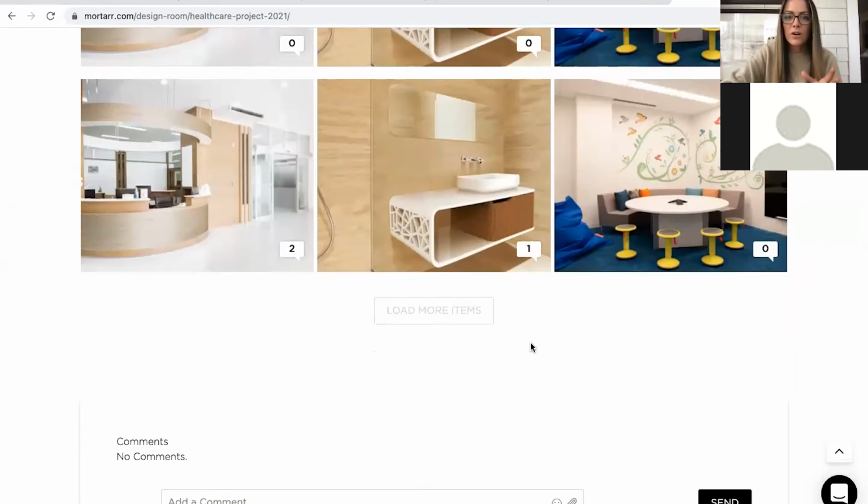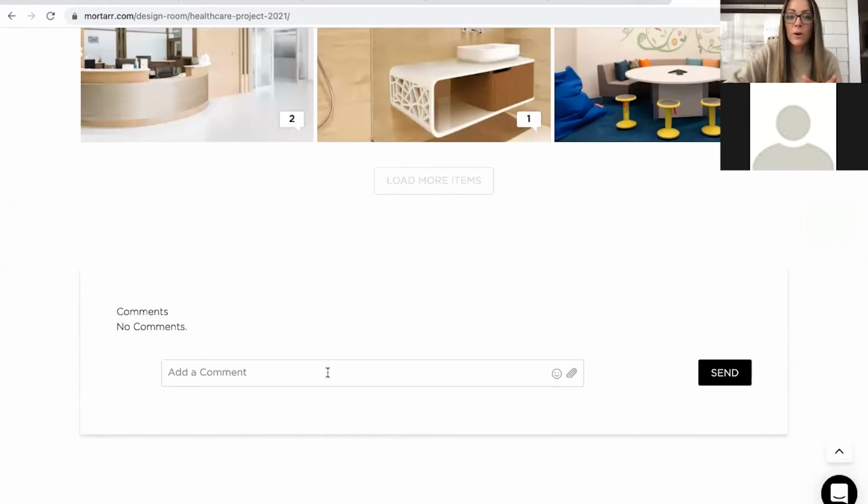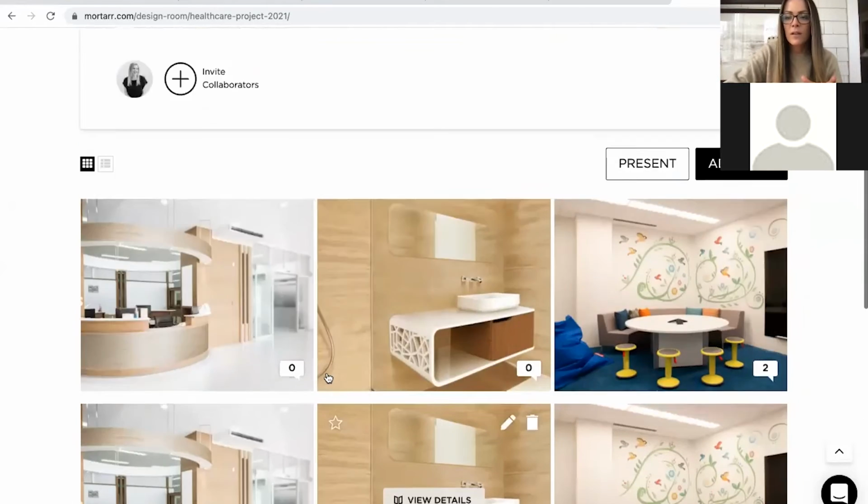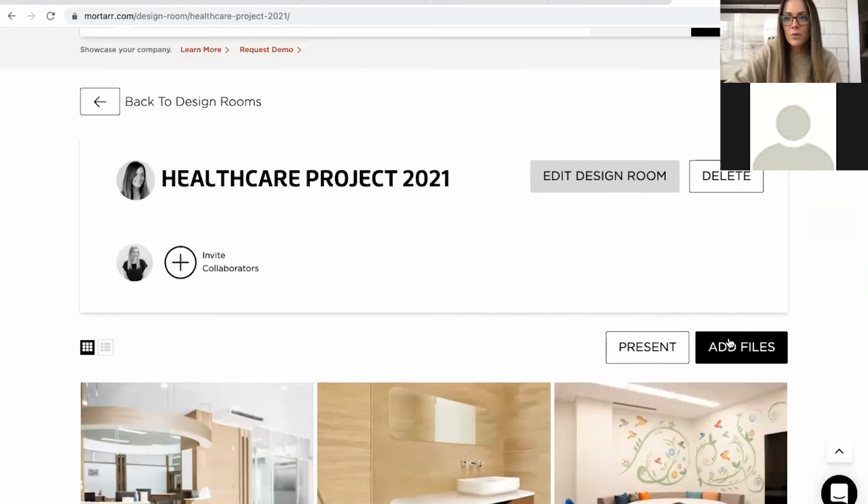All of that is stored here. You can do it on the photo level or on the project level itself. And I can also use this to add files. So what happens is with this project challenge, where you can enter our competition for a $1,000 award,